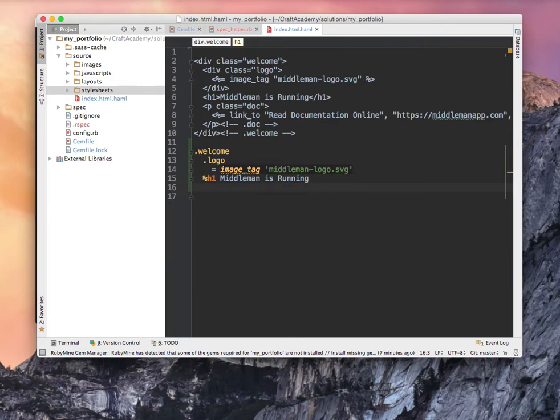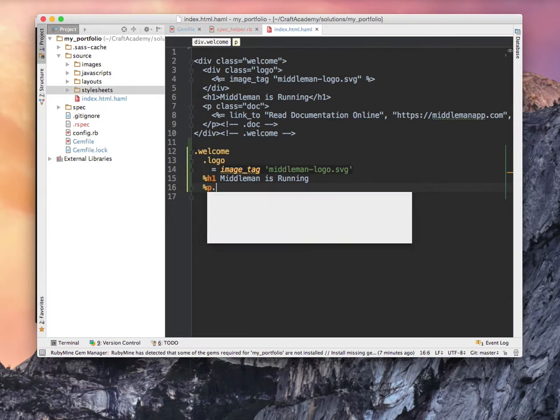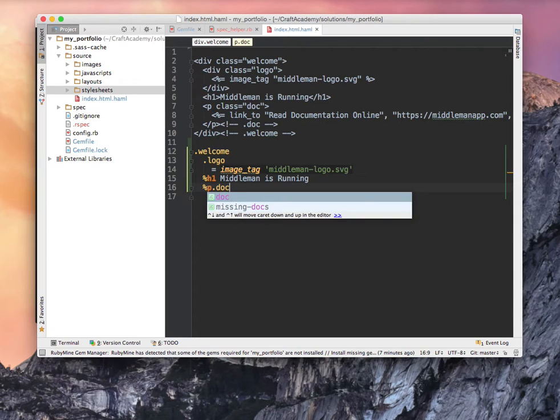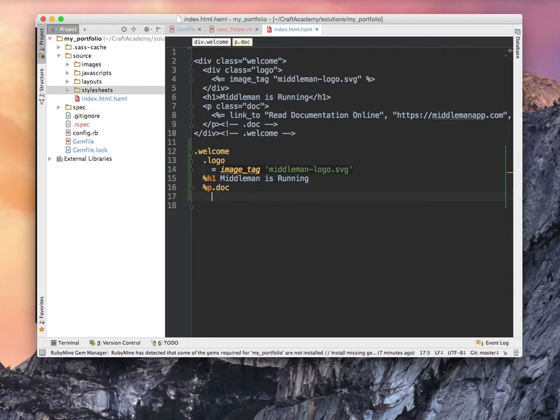The next thing is that I want to have a paragraph tag with the class of doc, which means that I say percentage sign p dot doc, and inside of that paragraph I want to have a link. So we just go equal link to